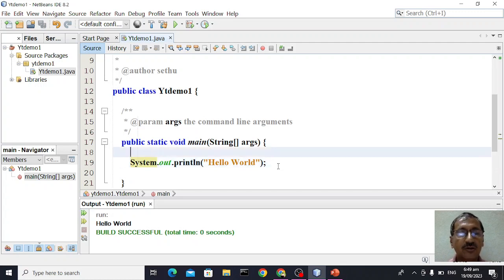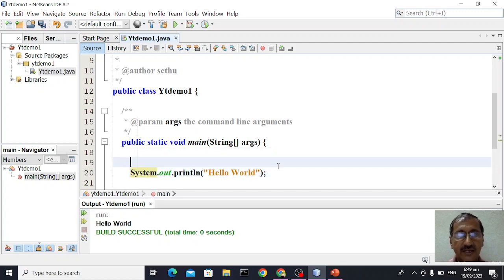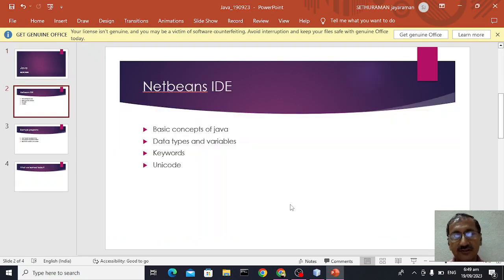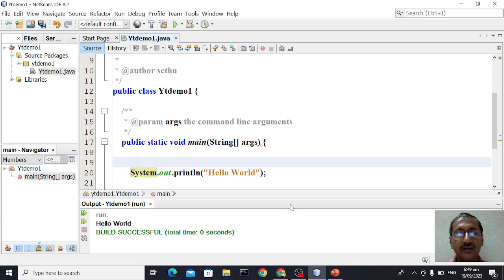Now, in Java there are different things called data types, basic concepts of Java. What is a data type? A data type is nothing but a way of representing different kinds of data. If you take a bank domain, customers will be there.